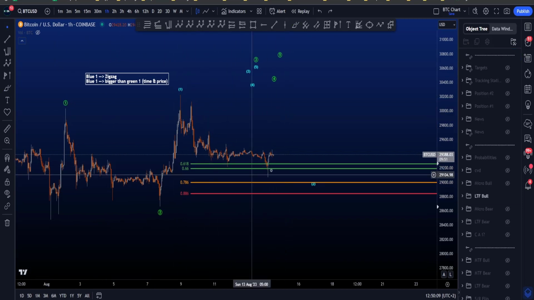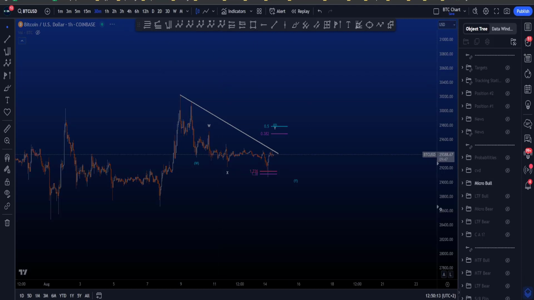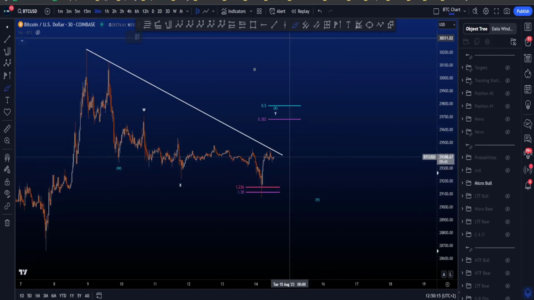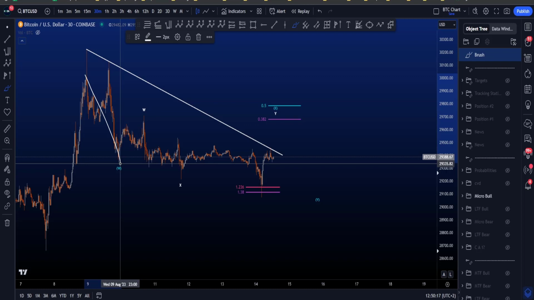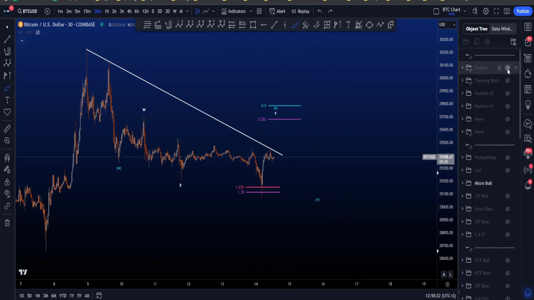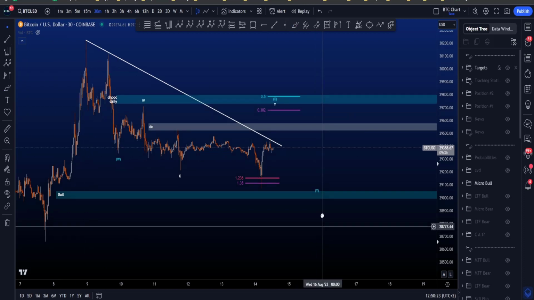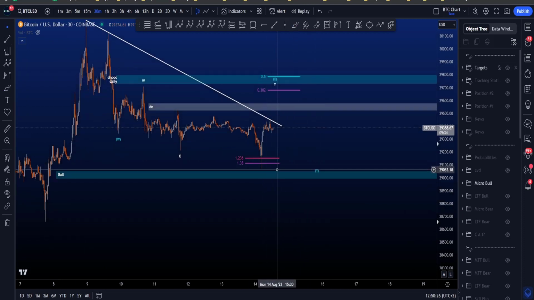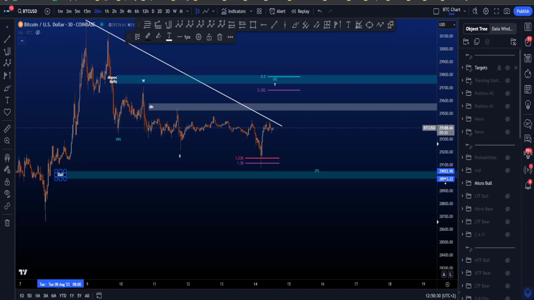If we then zoom in to this structure over here to maybe get a bullish count at least out of this particular scenario, then over here we're looking for a W in a zigzag, then a complex wave X, and looking for another wave Y to the downside, where also the support area that we just missed out on with this wick is very interesting, between 28.9k, or basically 29k, to